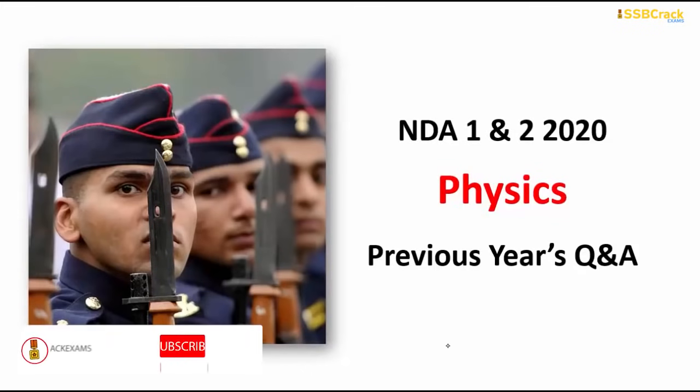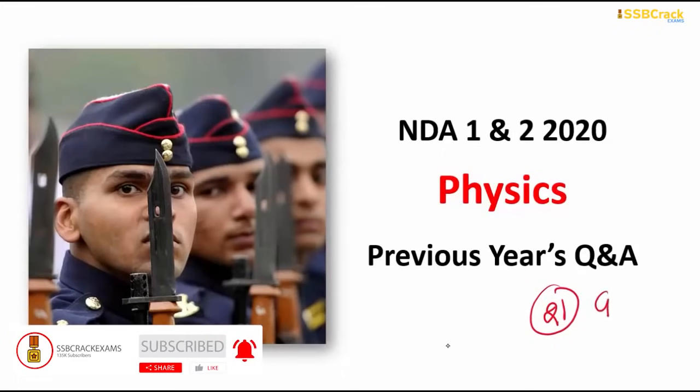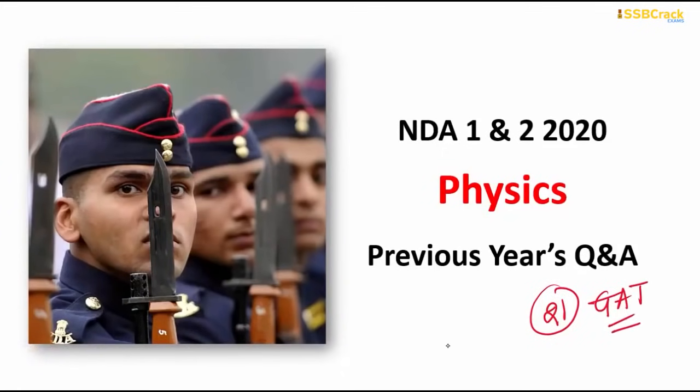Among all of those important questions, there were 21 physics questions that appeared in the GAT paper of the NDA, that means the second paper. In part B, 21 questions were related to physics. So in this particular section, I will be discussing with you all the important physics questions along with their answers and the most important explanations, and wherever we find any numericals, we will solve all of them in a very detailed way.